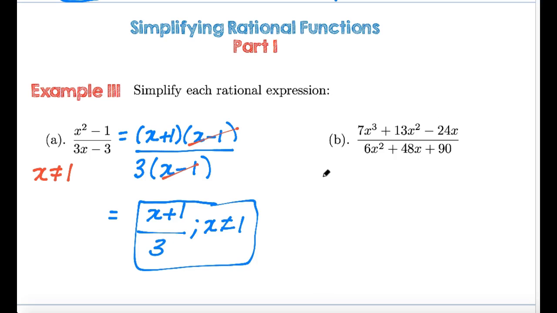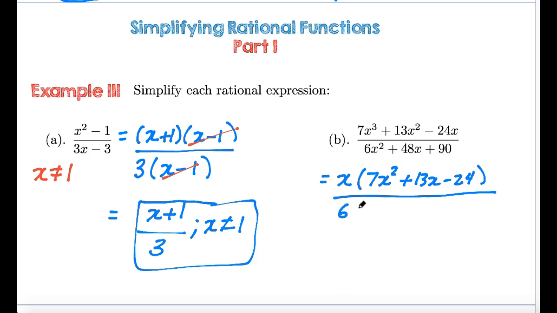So this numerator, you can factor out an x. Okay, they have a common x there. There's 13, that's prime, so there's nothing else. I'm going to take out the x in the numerator, and I'm left with 7x squared plus 13x minus 24. And that's going to be divided by, in the denominator, I can factor out a 6. And I'm going to be left with